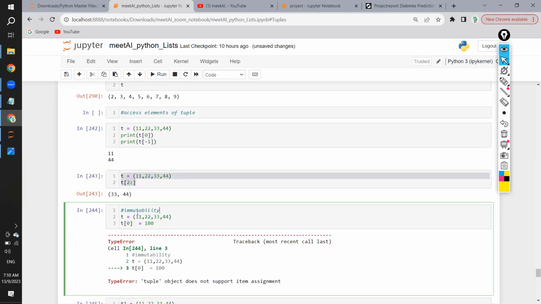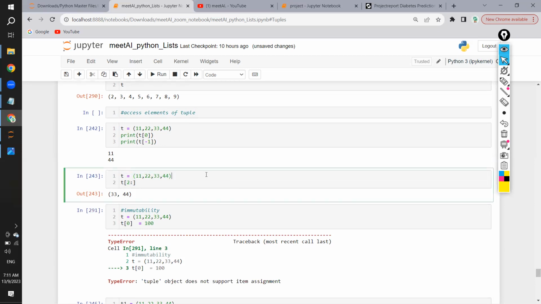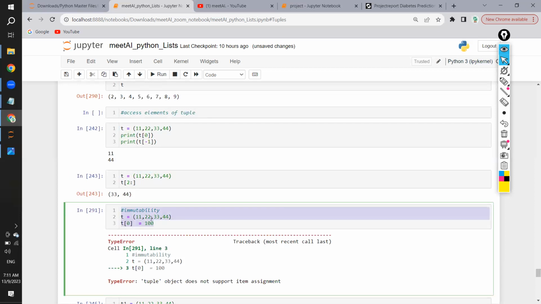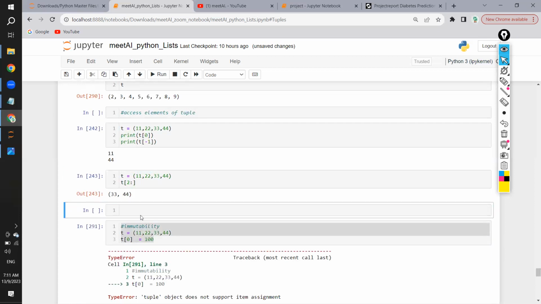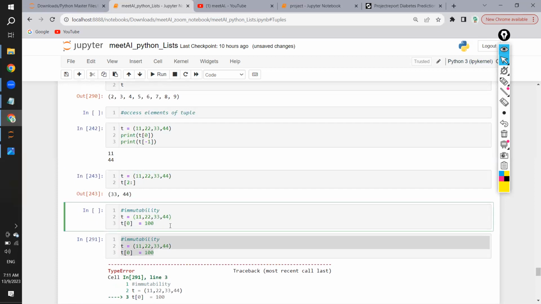Now if you see it, I'm creating a tuple. This is index 0 1 2 3. Now if I want to change a particular value, let's say t of 0, this 11, I want to replace with 100. That is not possible because tuple does not support item assignment. That is the reason it's called immutability. But the same thing, if I just do it for a list, if you just change this to list,